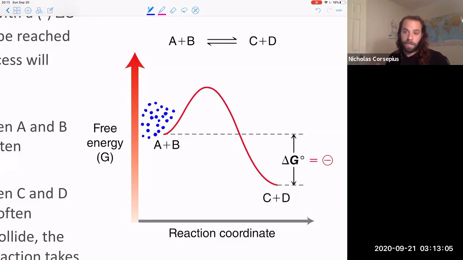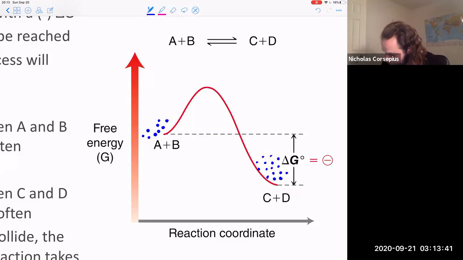Once you say go, once you mix them together, they're going to start reacting. So what does that look like? That means that each of these little balls is going to have a chance to climb this hill and fall down onto this side, right? So I'm going to start losing things from one side, and they're going to appear on the other as this reaction occurs. Remember, this reaction is occurring because I have these collisions between A and B. So A molecules combine with B molecules in the right way, and then they get converted into C and D. So after some time, I have something like this, where now a majority of my reaction has occurred,